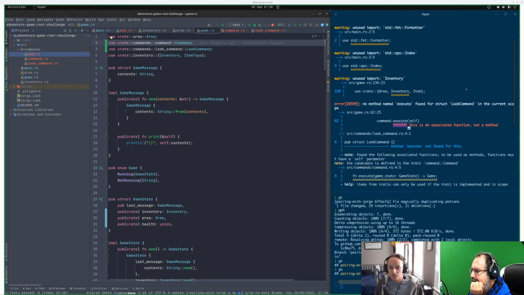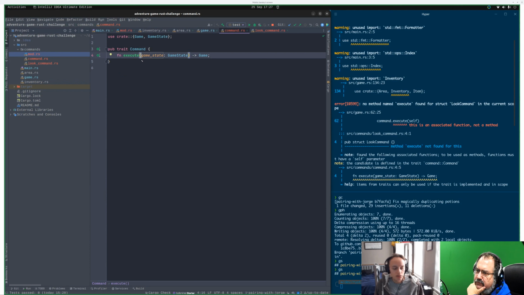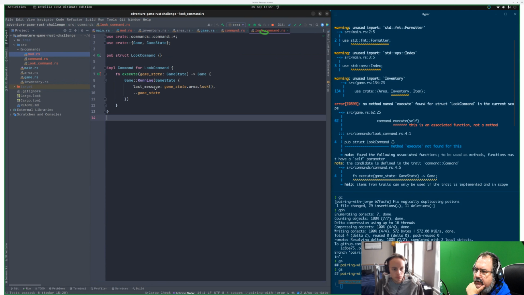Okay, this is an associated function, not a method. Good point. So, yes. Sorry, go on. Go back over here a second. So the thing the compiler is getting confused about now is that we're trying. Yeah. So this one, there is no self over here. Yeah. Exactly.